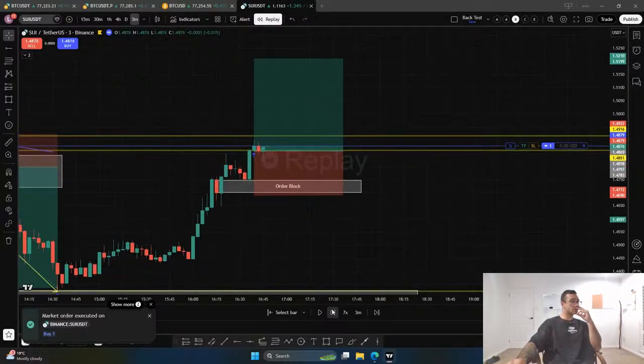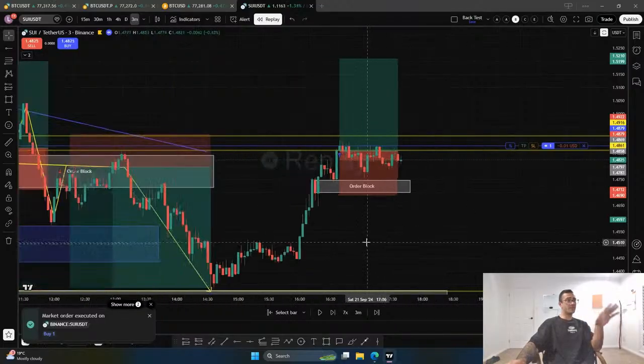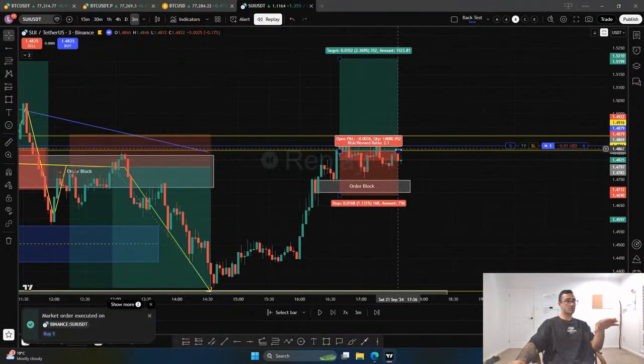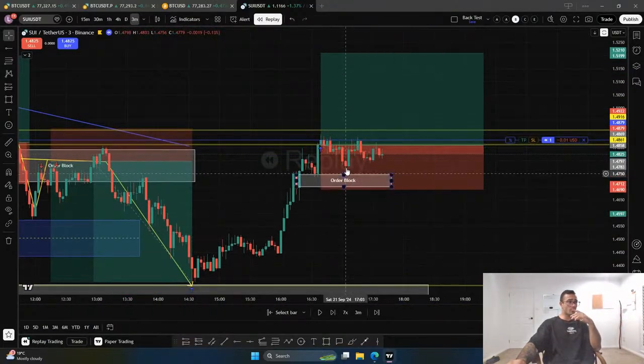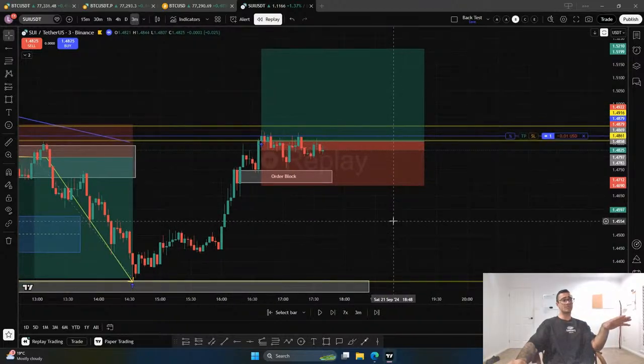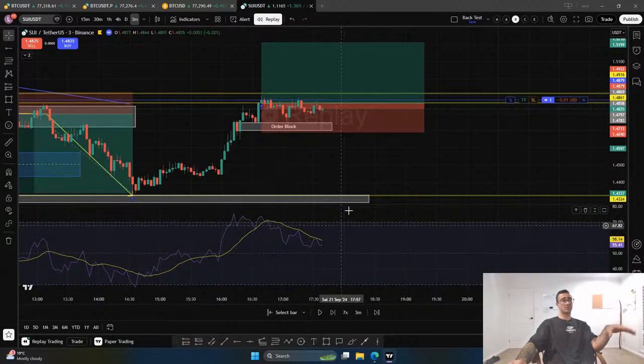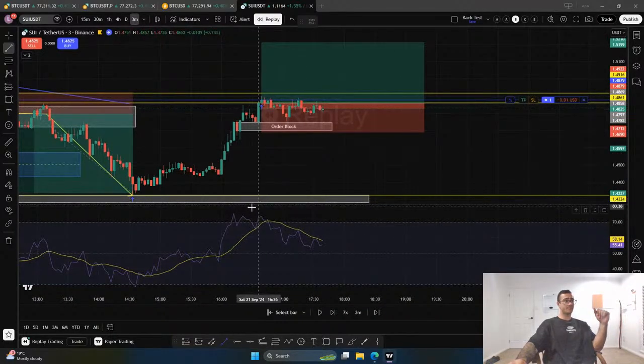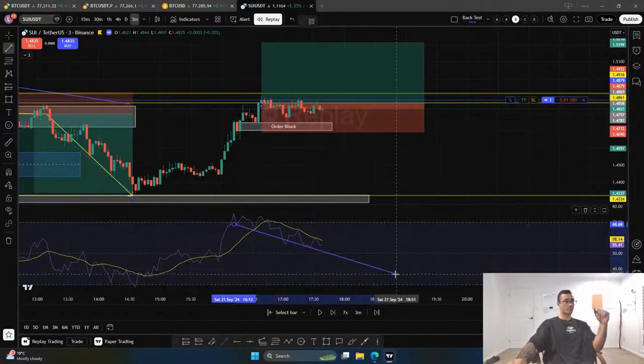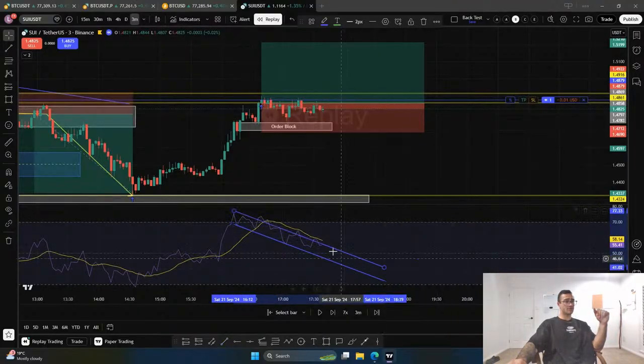Next. All right, now we're just sitting across, we're just going sideways. We've almost tapped this fair value gap here. This is when I would check the RSI. Checking the RSI. If we are going down like this,